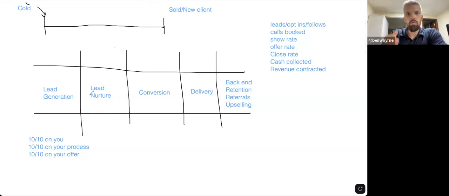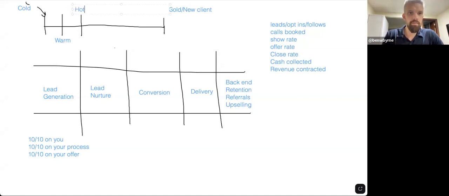So there are people that go through stages to go from cold to I know who you are to I want to work with you. It's like we're moving the ball down the football field through our process. Someone who's completely cold has no idea who you are. Suddenly the first part of them being warm: what makes them warm? Well, if they raise their hand and say, hey, I'm interested. Or if they're in your target market and they know who you are.